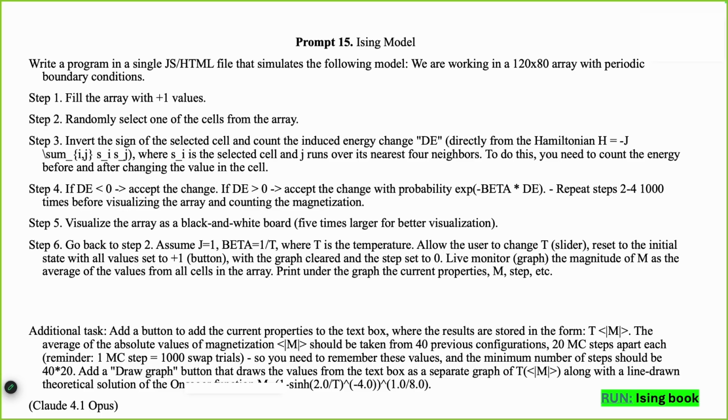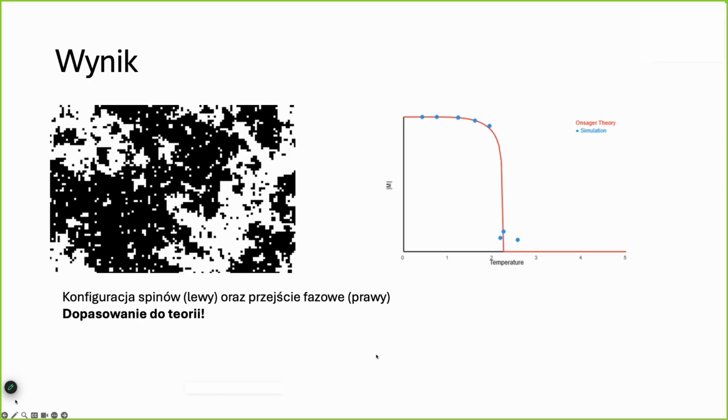Yes, but if you write in this way, then you can change the Hamiltonian. You can change by tweaking some details, like the probability can be not exponential but something else, just by changing the text here. So there will still be a value of doing that on a much lower level. This program gives you a code that gives you the phase transition. It works. I even asked to fit Onsager theory, and it works.